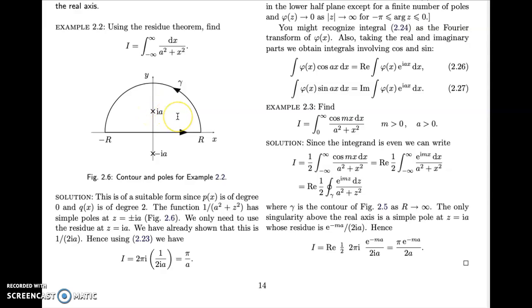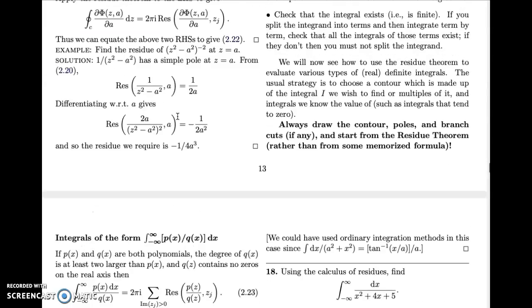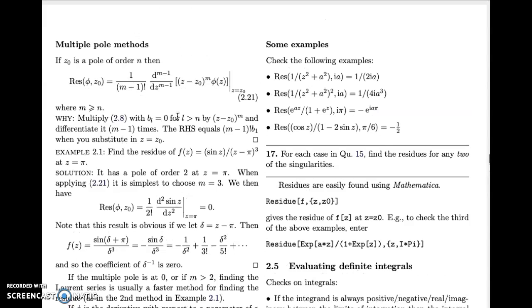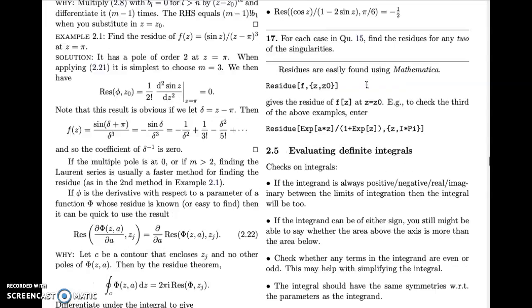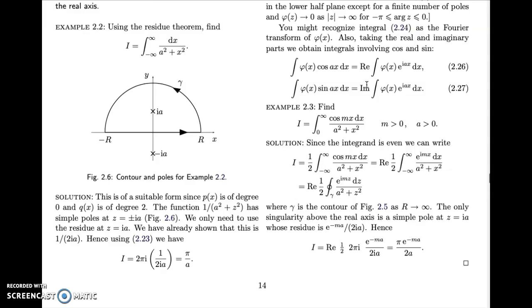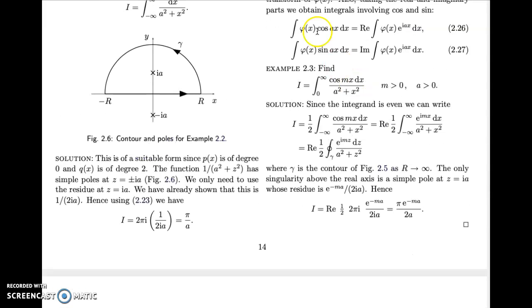We've actually already done that. That was in this example here. We found the residue and found that it's 1 over 2ia. So the answer to the integral, because this integral here vanishes as r goes to infinity, is simply 2 pi i times the sum of the residues. There's just one residue, just one pole. So it's 2 pi i times 1 over 2ia, and we get pi over a,